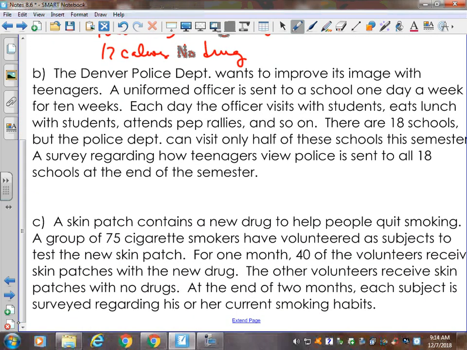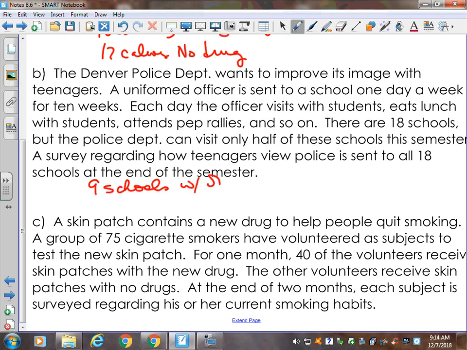Part B, the Denver Police Department wants to improve its image with teenagers. A uniformed officer is sent to the school 1 day a week for 10 days. Each day the officer visits with students, eats lunch, attends pep rallies, and so on. The 18 schools were then sent a survey, but they could only go to half of these schools. But everybody got surveyed. So you've got 9 schools